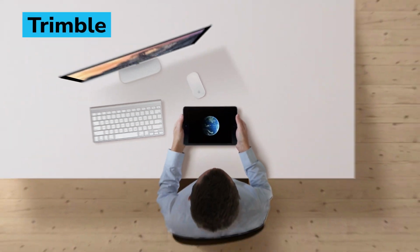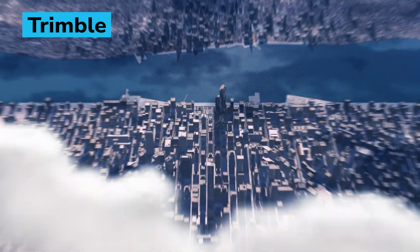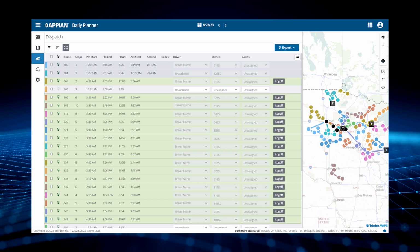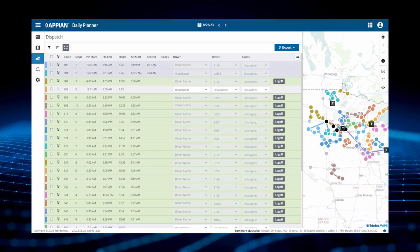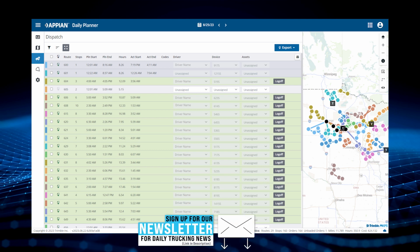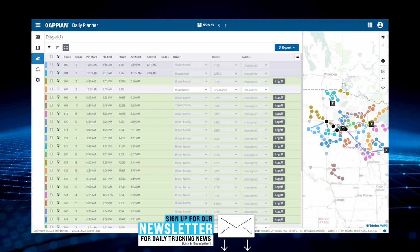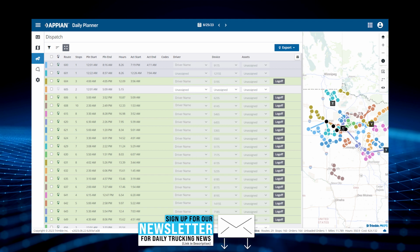Trimble has introduced a new cloud-based solution for multi-stop, multi-vehicle route optimization that improves asset utilization, on-time deliveries, and customer service. Appian Daily Planner delivers a modern planning experience designed to streamline and optimize the complex routing needs of multi-stop, mixed, and private fleets. By combining a highly configurable interface with the Appian optimization algorithm that has been continually enhanced for more than 30 years, Appian Daily Planner empowers fleets to transition from